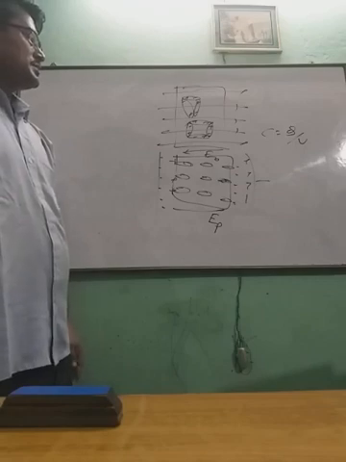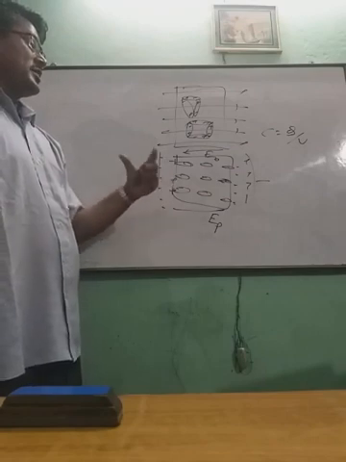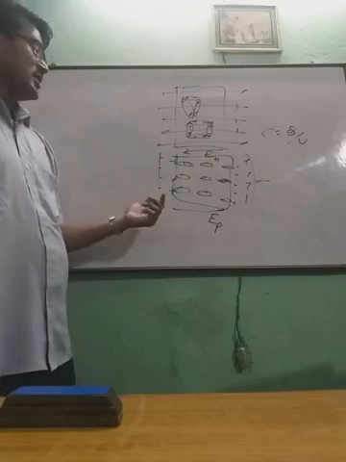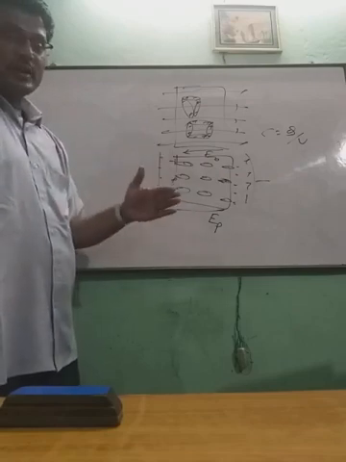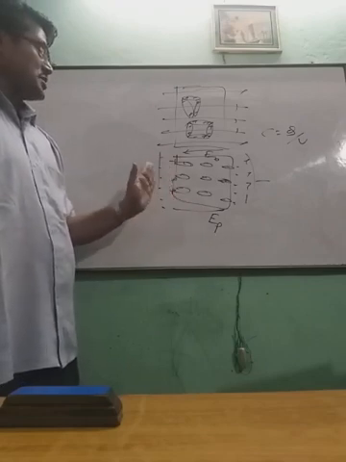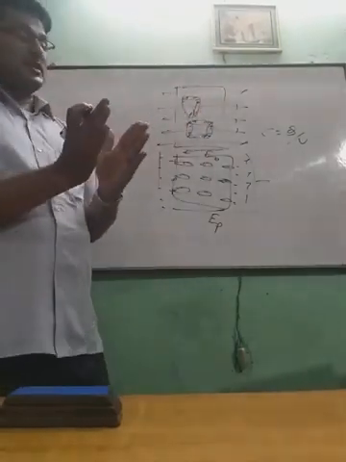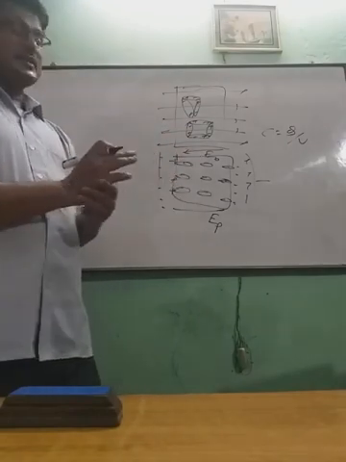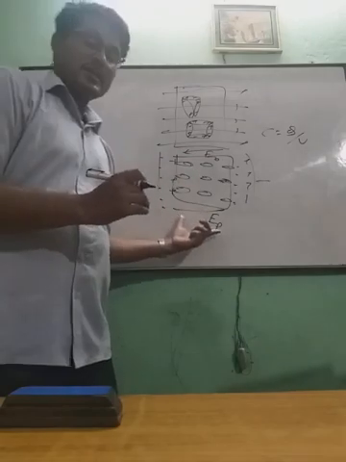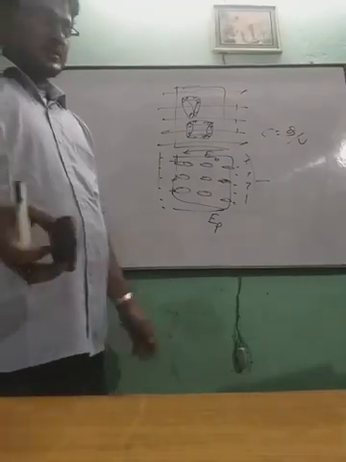Now the effect of dielectric. What is the effect of dielectric slab? If a dielectric slab is placed in between two oppositely charged conductors, means inside capacitor, it will decrease the field as well as potential, so capacity will increase. This is the effect. And also you see, when these two opposite charged conductors are placed very close to each other, there is a chance of sparking, and that can be prevented by placing the dielectric slab. If dielectric slab is placed there, they will not come close. Okay, so this is the effect of dielectric slab inside capacitor.